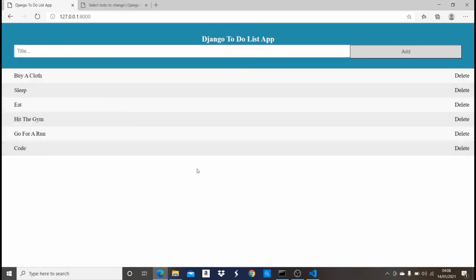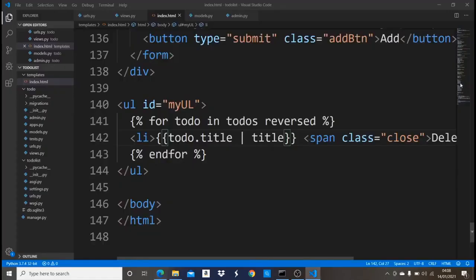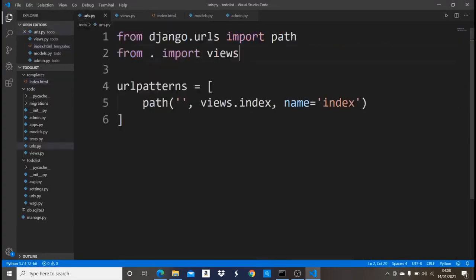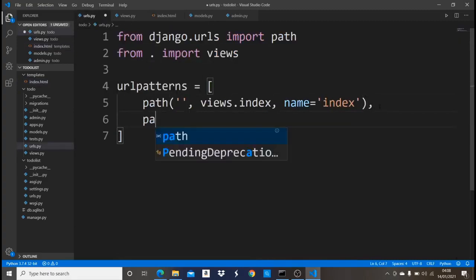So now that's good. What we just need to do now, which I think is the last thing, is that once the user comes here and clicks on delete, we want whatever is here to be deleted. Also very easy. We're going to come back here. So we're going to create a new URL, and then let's name this URL delete. So we're going to say path,